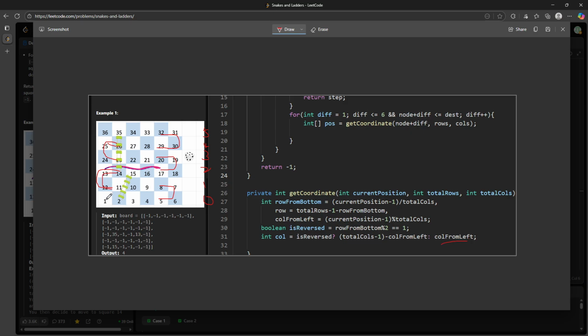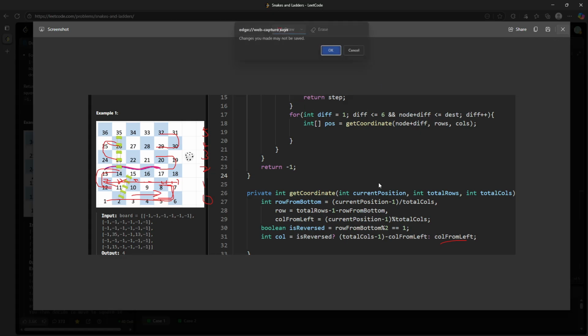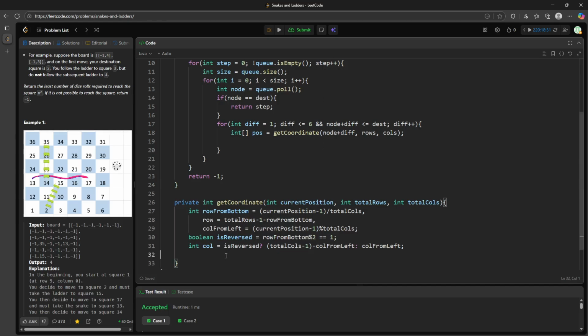Look at this, normally we go up, right? And if we do go up, it should be like 7, 8, 9, 10, by default 10, 11, 12, something like this, right? But we are reversing the number right here. This is 1 to 6 in order, and then this is 7, 8, 9 to 12 in a different order. So that's why we need to do the is-reverse, and we get a column, and later on we will